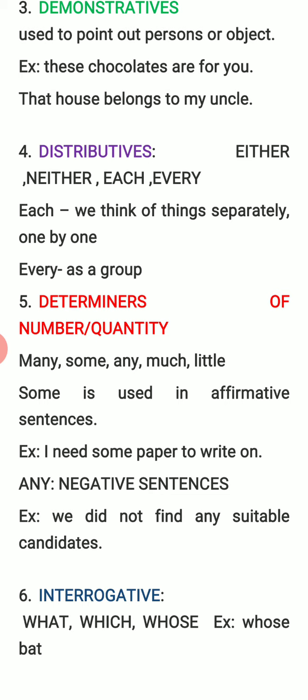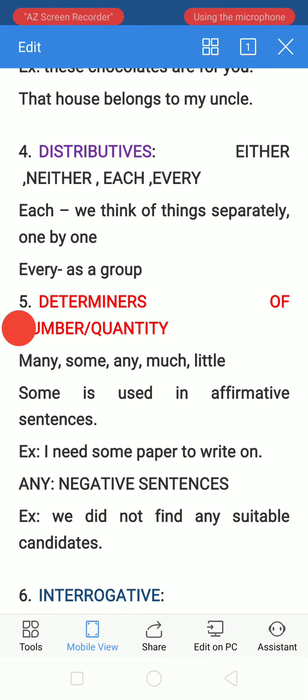Now the exercises are given in your book. Go through that and try to solve it. Then I am giving some exercises for your homework in the portal. You try that, and I am also providing one link to you. You see that link also.